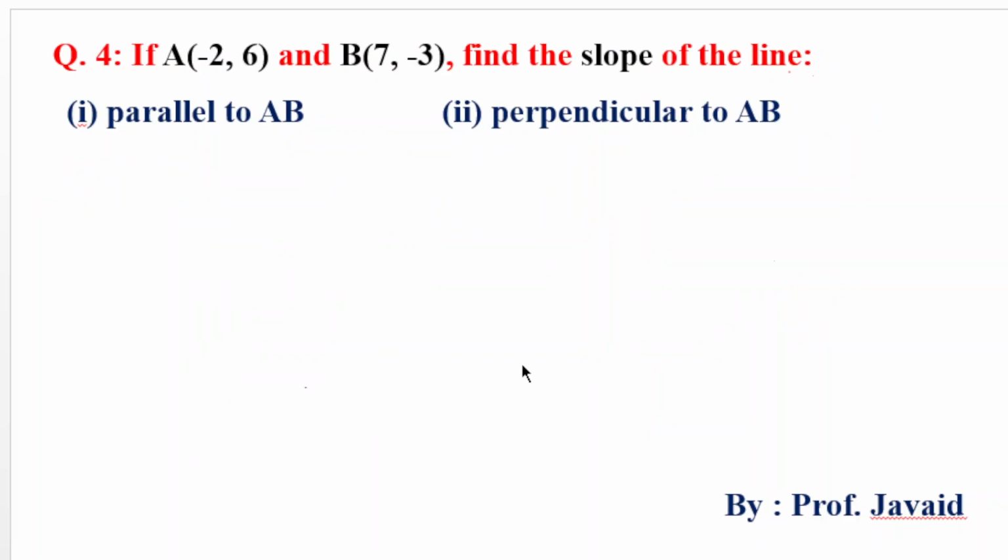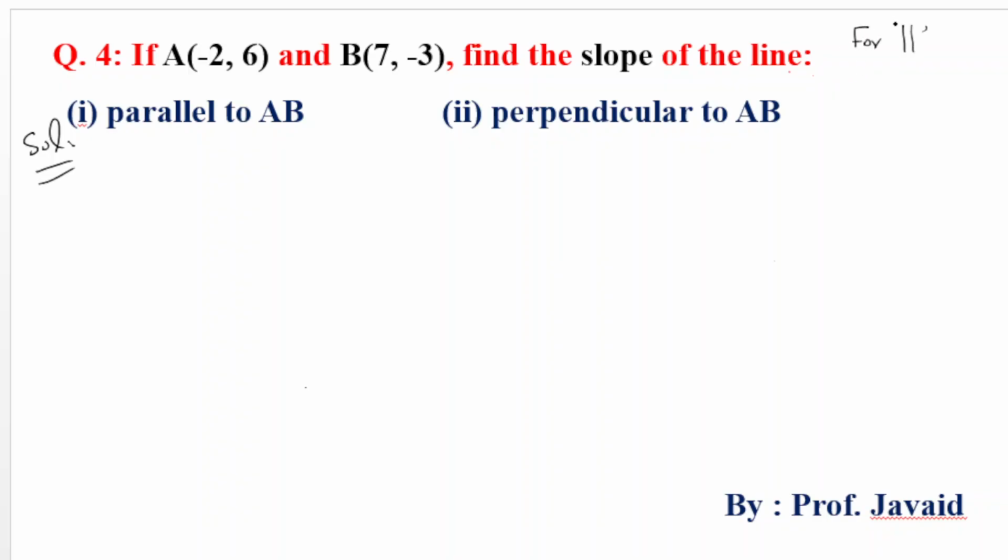That is question 4. And question 4 is, if A is equal to (-2, 6), and B is also given as (7, -3). So what we have to do is find the slope. The first thing is the parallel line, and the second thing is the perpendicular. So, dear students, I just want to tell you,